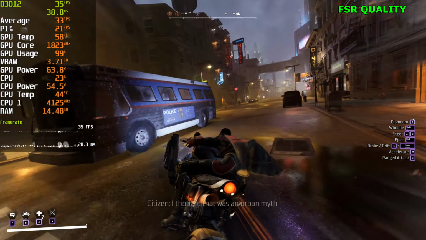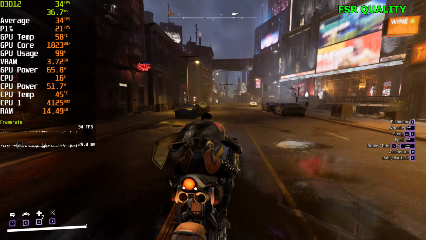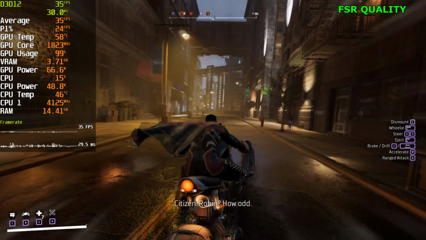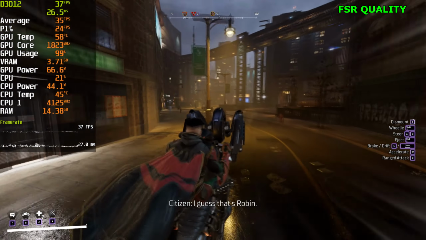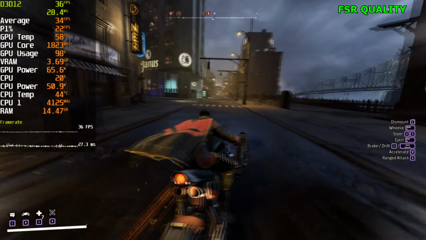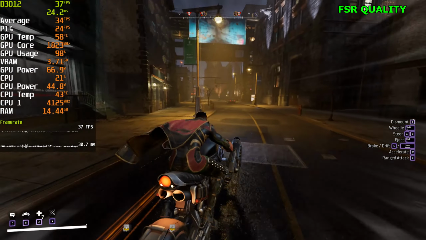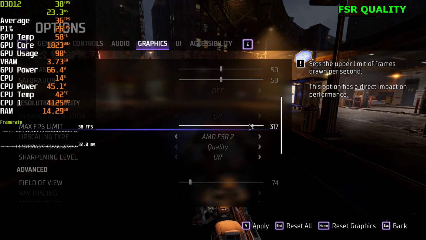Sitting in the mid 30s now, getting some stutters here and there. It's not too bad though. Looking to see if we fall into the 20s, and we haven't yet. 30 FPS was the lowest that I've seen it hit. That was at the start, but on average we're sitting in the mid 30s pretty much, even the high 30s at times. But what I want to do is go ahead and cap the FPS to 30